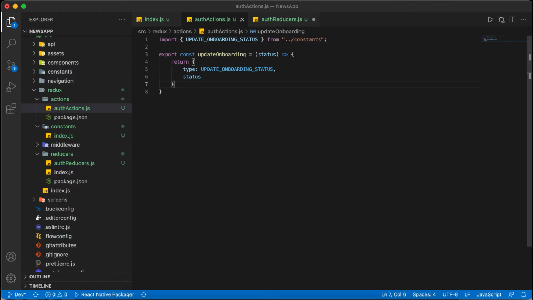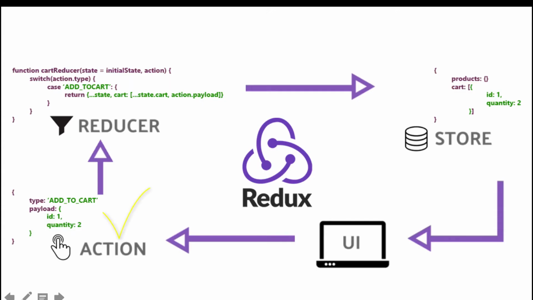So let me show you. Here you can see that there is an action that we send with a type and one payload, which in our case is the status. Then inside the reducer we check whether it is add to cart, or in our case whether it is update onboarding status. Then we send the previous state and the updated state.